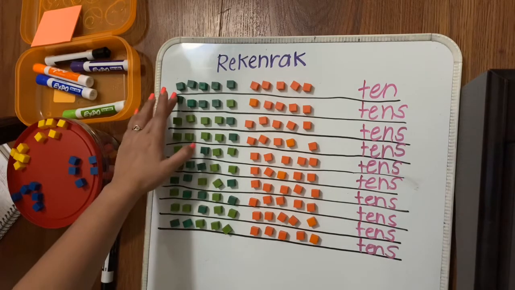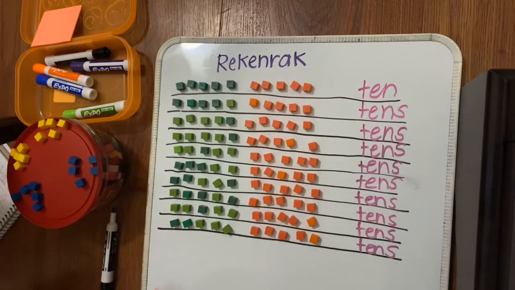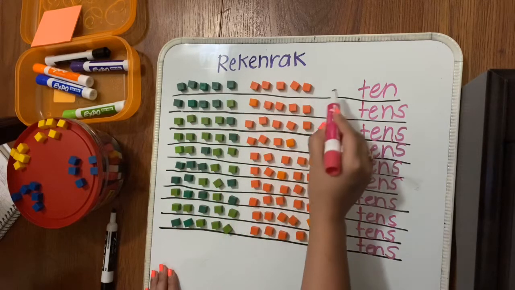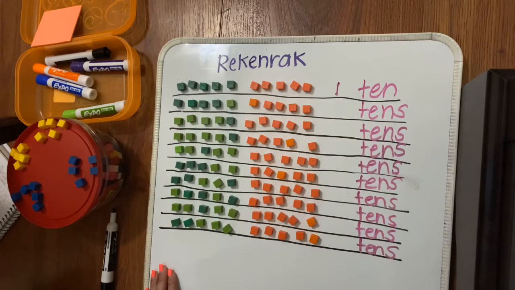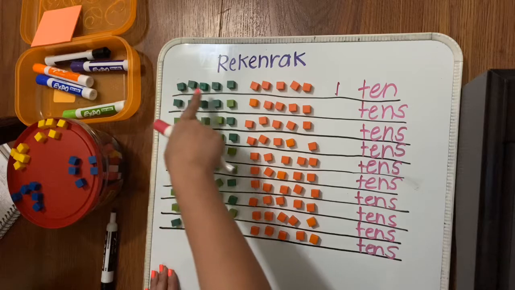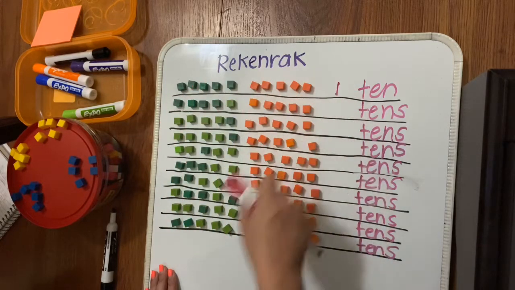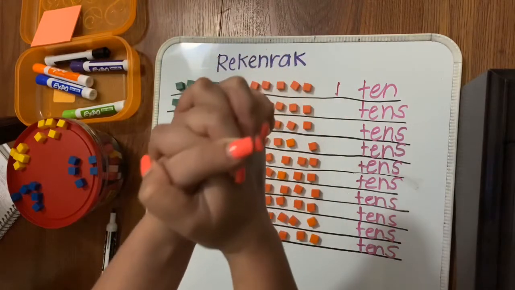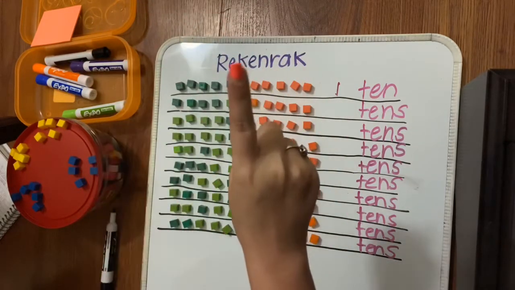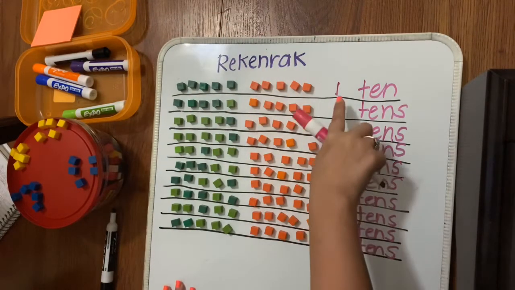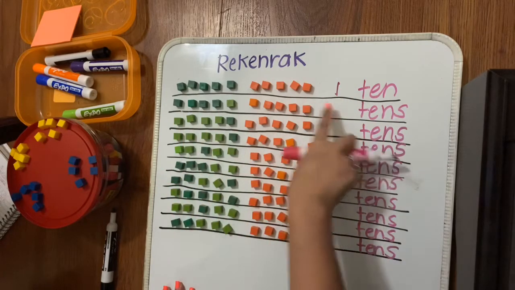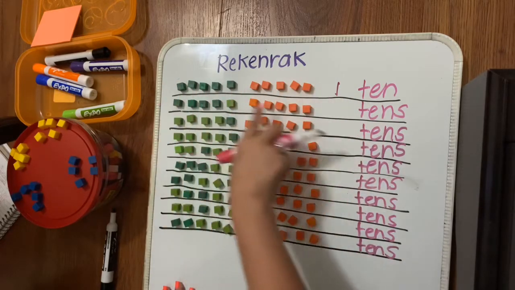So each row is what we're going to be counting. The first row is the same as 1 ten, so one group of 10, because I have 5 green and 5 orange, and 5 plus 5 equals 10. So that is a bundle. Remember, that's my bundle, and I have one group of 10. So 1 ten. So this one would be what? 1 ten, 2 tens,